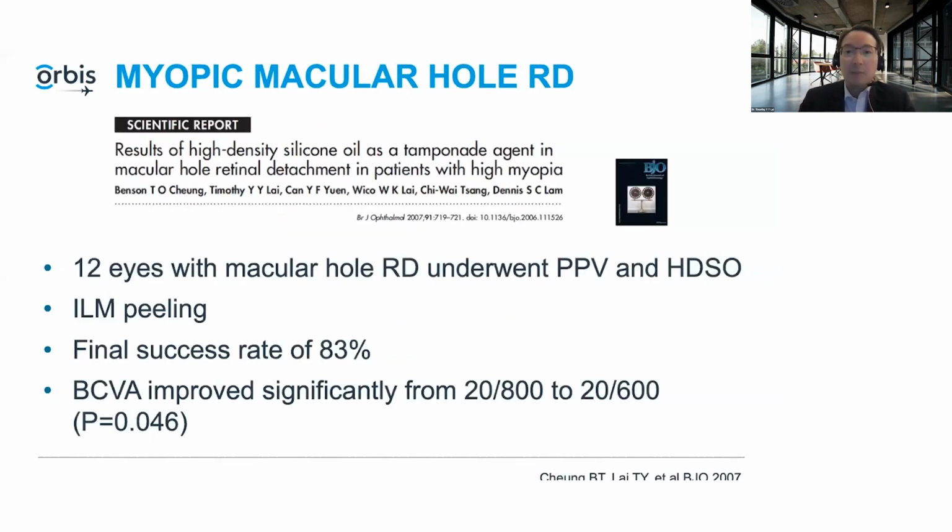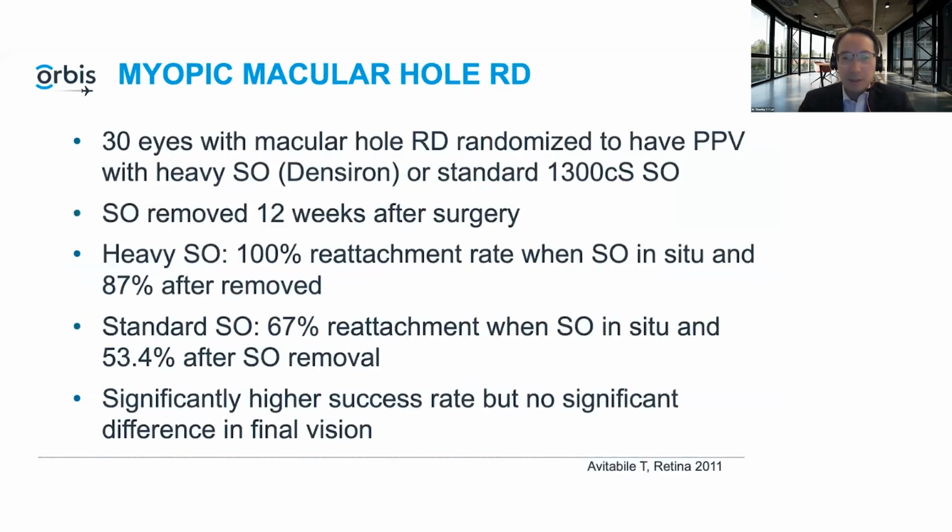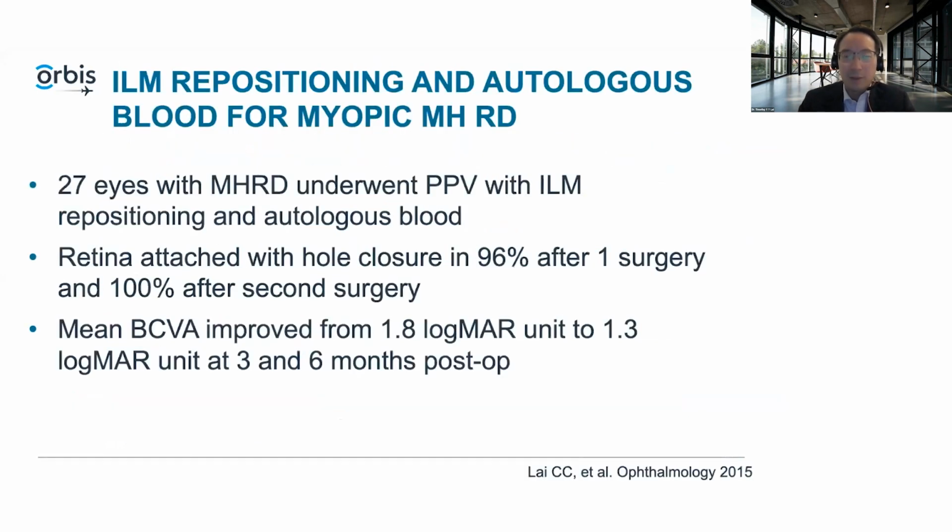In our series, previously we used vitrectomy and high density silicone oil. We got a success rate of about 83%, but vision still remained quite poor despite the successful surgery. Another study also looked at silicone oil. Here, 100% reattachment with heavy silicone oil, after removal about 87%, standard silicone oil about 60% reattachment rate, and after removing silicone oil about 53%. But again, vision did not improve significantly because many of the patients had quite severe macular